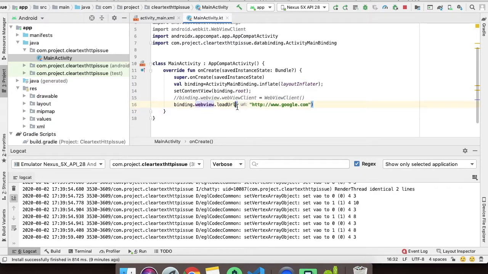The first option we are going to try is we will change the HTTP protocol to HTTPS, which is secure, and we'll try to run and see if it works or not.